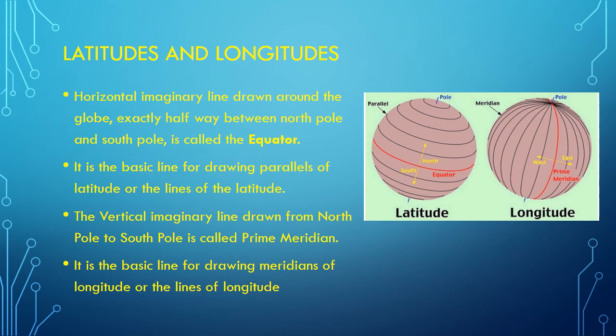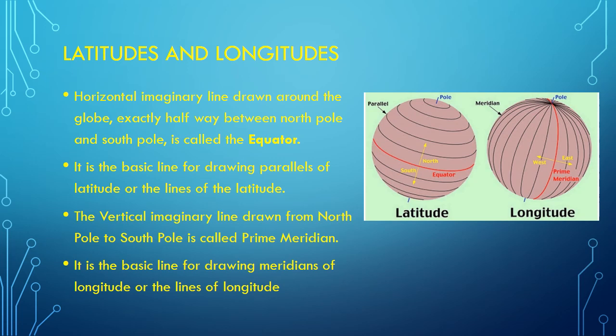Latitudes and longitudes. The horizontal imaginary line drawn around the globe exactly halfway between North Pole and South Pole is called the equator. It divides the earth into 2 equal halves, northern hemisphere and southern hemisphere. Equator is the basic line for drawing parallels of latitudes. It's the lines of